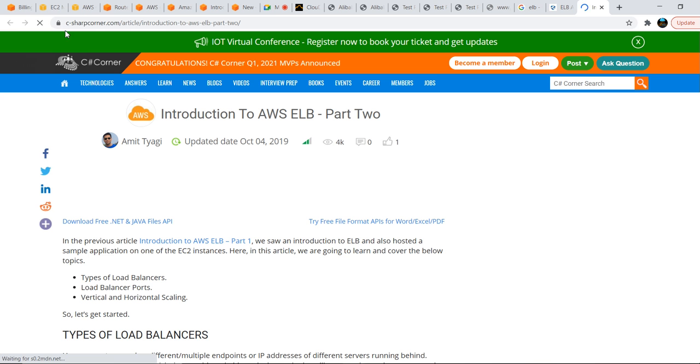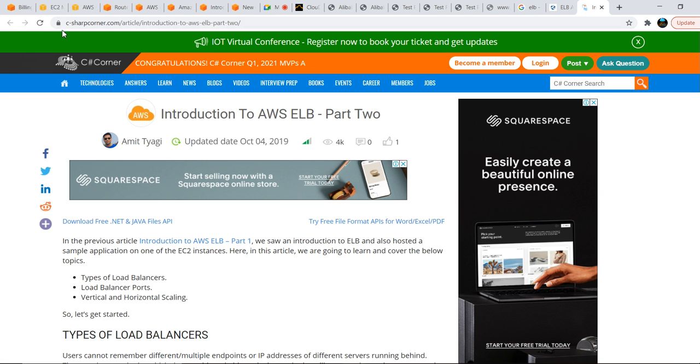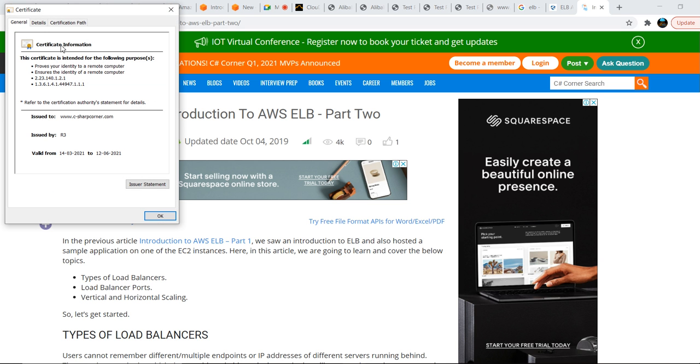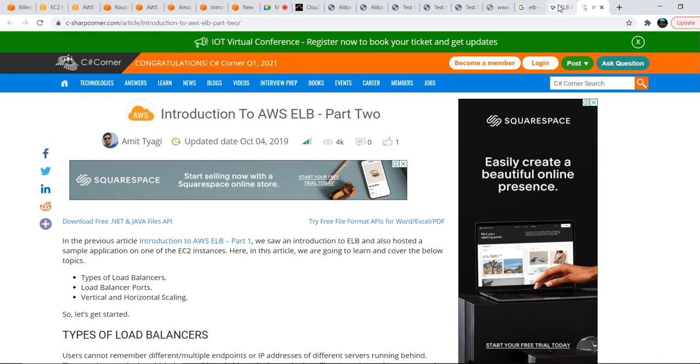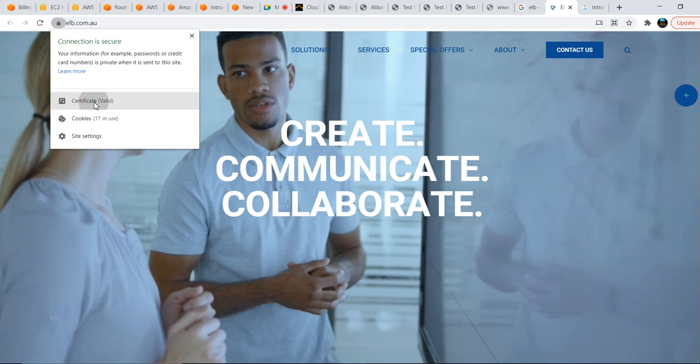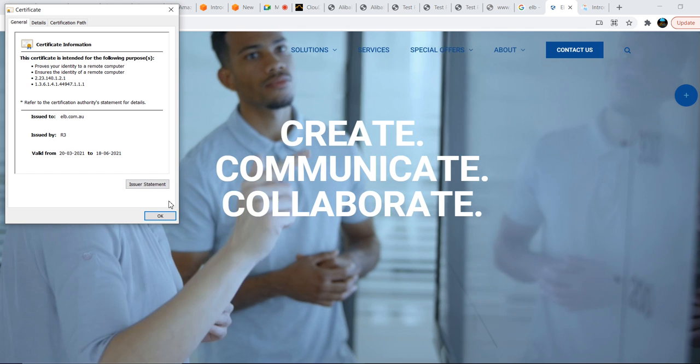The same way I will go with C# Corner. You see the connection is secure and the certificate is valid, issued to this company and this domain, and issued by R3. The same way here, the certificate is valid and issued by R3.